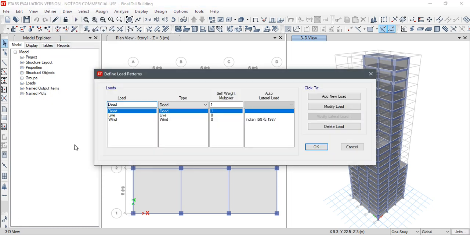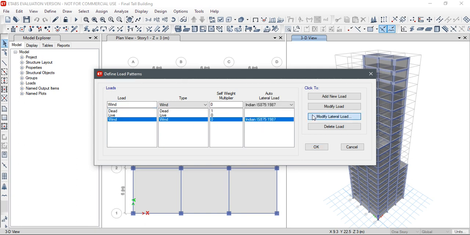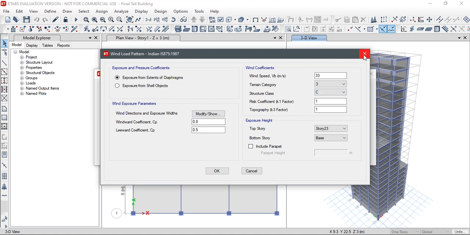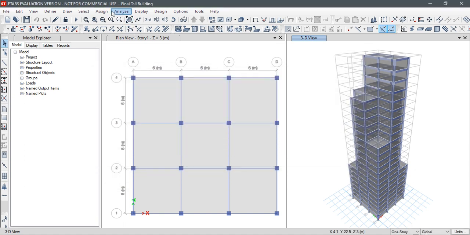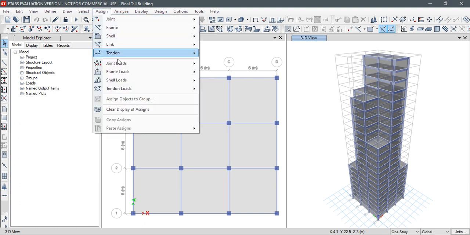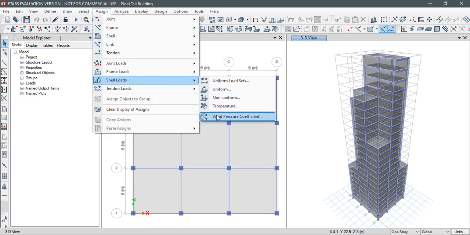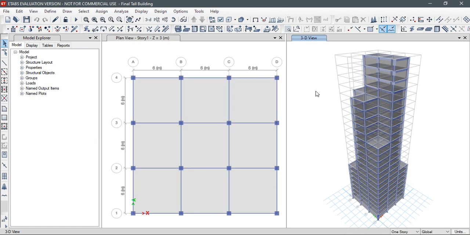I had chosen the wind load and modified it as per the Bangalore condition, and then I had chosen the coefficient of wind pressure using the IS code. So in this manner I had imposed all the various kinds of load on this building.